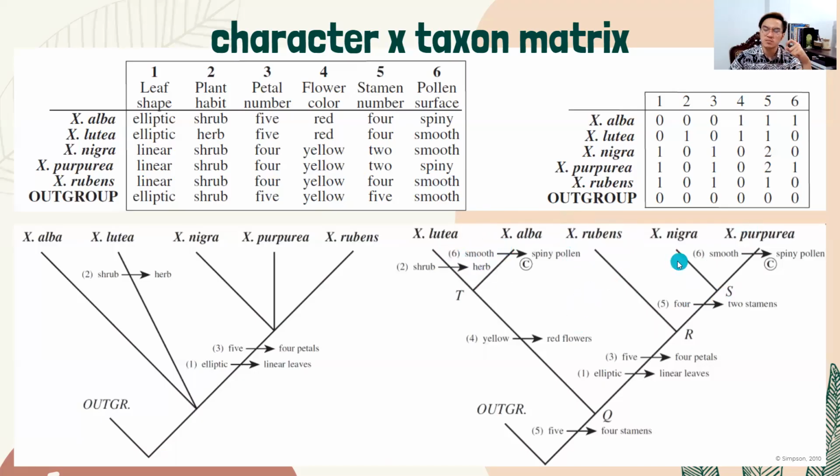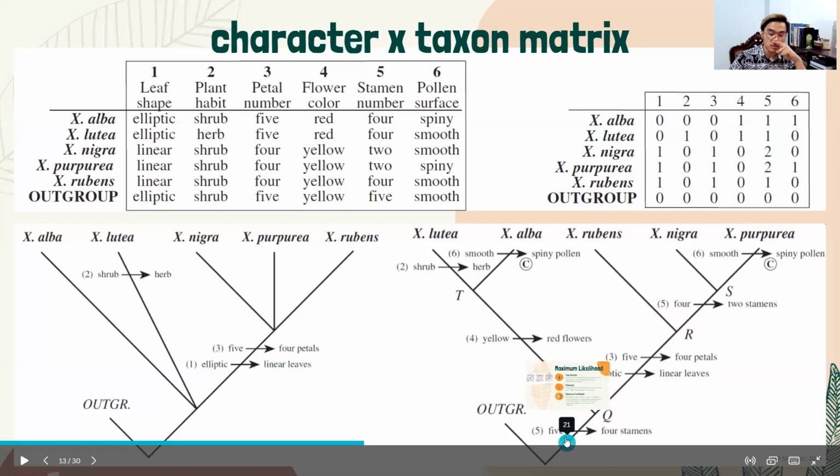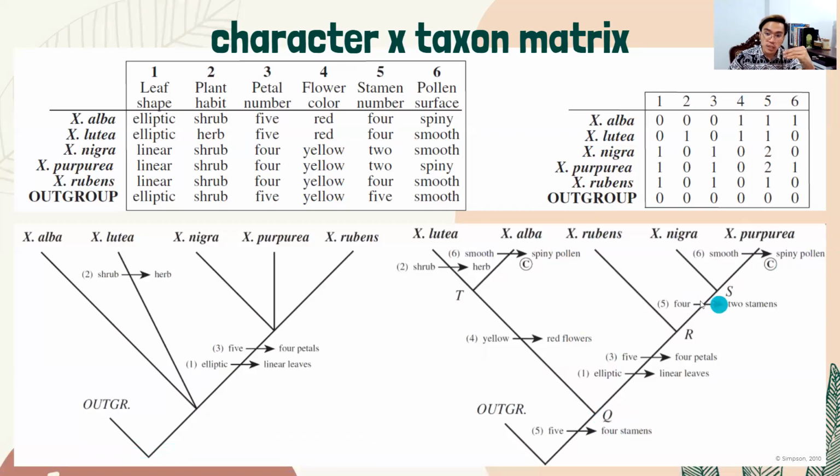Although all of the members of the in-group have a different stamen number compared to the outgroup, in this case the outgroup actually had 5 stamens. So we interpret this as 5 stamens essentially transformed into 4 and was inherited by all 5 members of the OTUs. However, at this point in the evolutionary tree, that 4 character state was reduced further to just 2 and was inherited by Ex nigra and Ex purpurea. That's why we see only 2 stamens in Ex nigra and Ex purpurea.